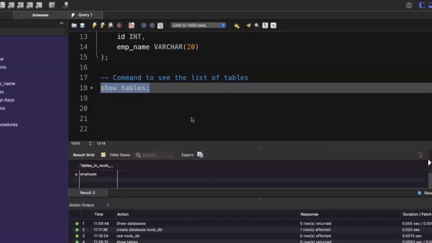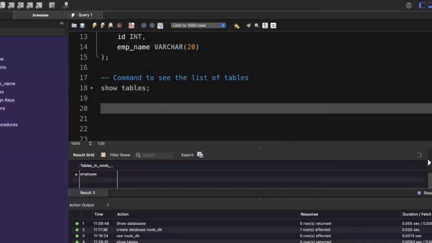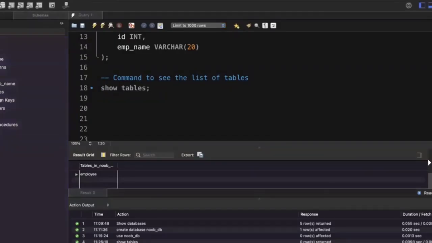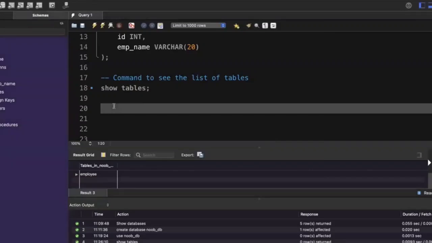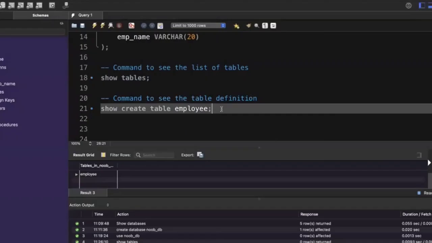Imagine if we want to see the create table, or the definition of an existing table. In that case, what do we need to do? We can run this command, and it will give us the create table command of any table. So here, show create table employee. If I run this thing,